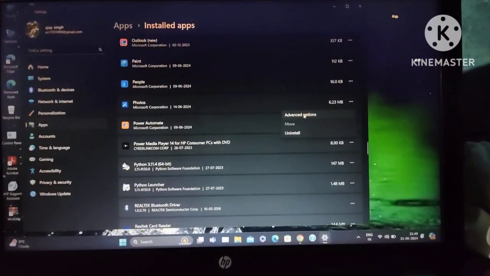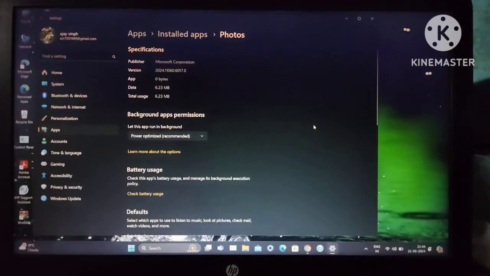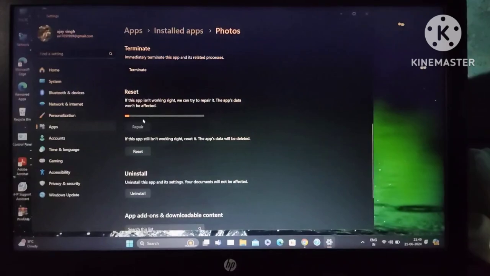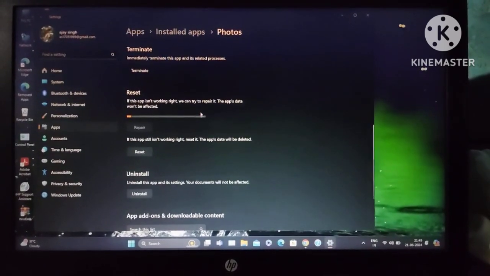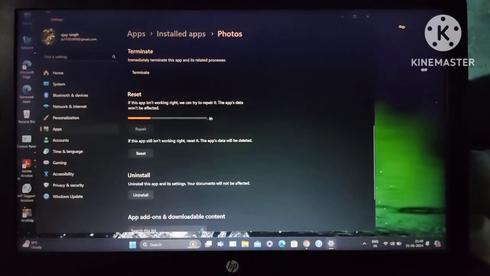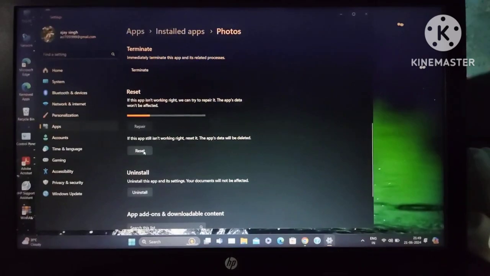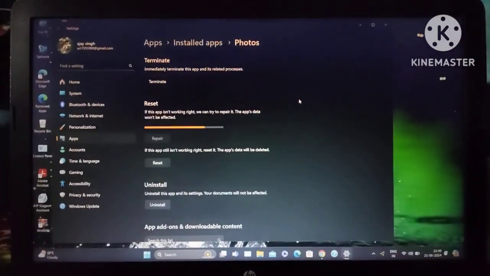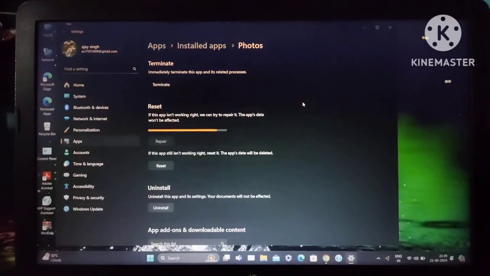advanced options, then scroll down and find the reset and repair options. Then firstly I have repaired this application, so it works perfectly. If it cannot work on this application, then do a reset on this application, then it works perfectly